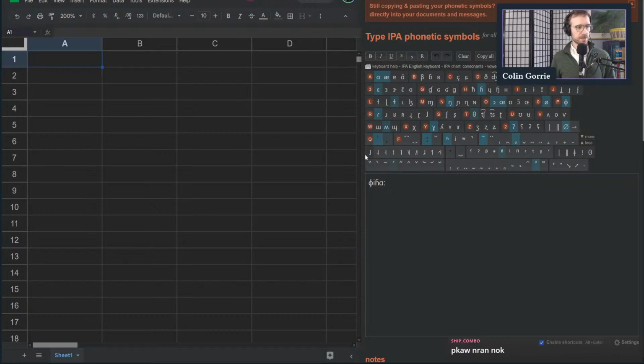The IPA provides two different ways of notating tone. This option up here, which has a staff to the right and then little sticks off to the left. These look a little bit like runes, actually. And then the tonal diacritics listed below. So I think, why don't we start off with the tonal diacritics, and if that gets unmanageable, we can switch over. So I think we have a low tone on this last